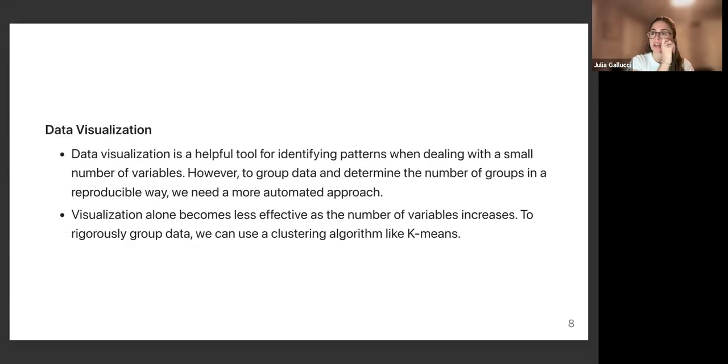As I mentioned, data visualization is an incredibly useful tool for understanding data, especially when you're working with a small number of variables or features. For instance, we could plot the bill and the flipper length of our penguins, and we may already start to see some patterns or groupings that emerge naturally just through visualization. However, while visualization does help us get a sense of the data, it becomes less effective as the number of variables increases. So imagine trying to plot more than 2 or 3 variables in a graph. It gets really tricky quite fast. The more dimensions or variables we have to consider, the harder it is to spot these clear